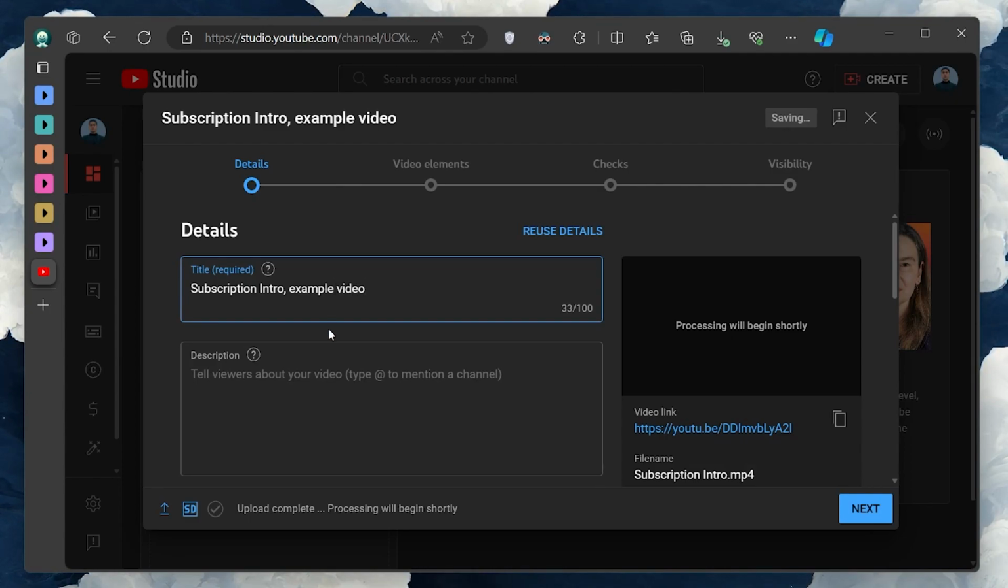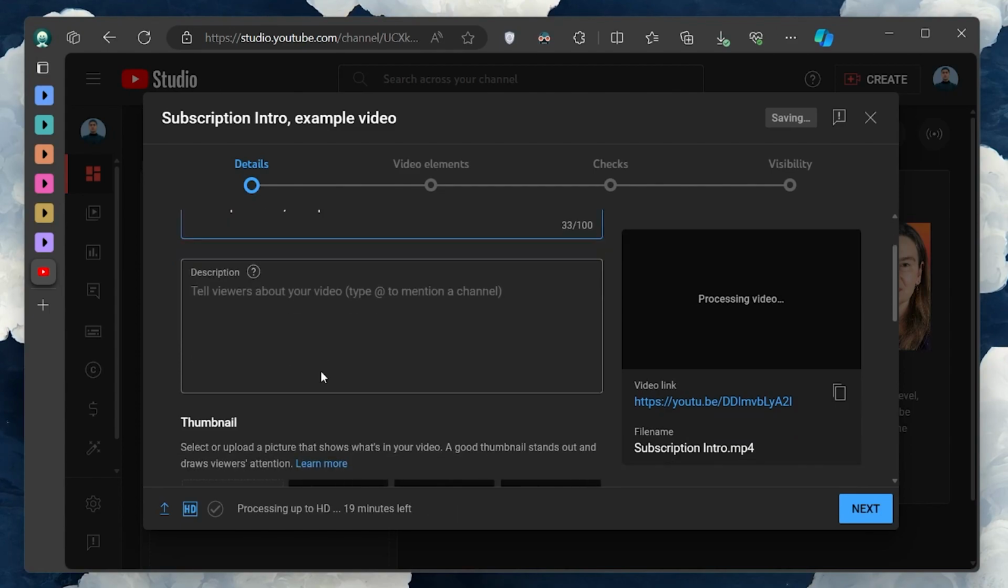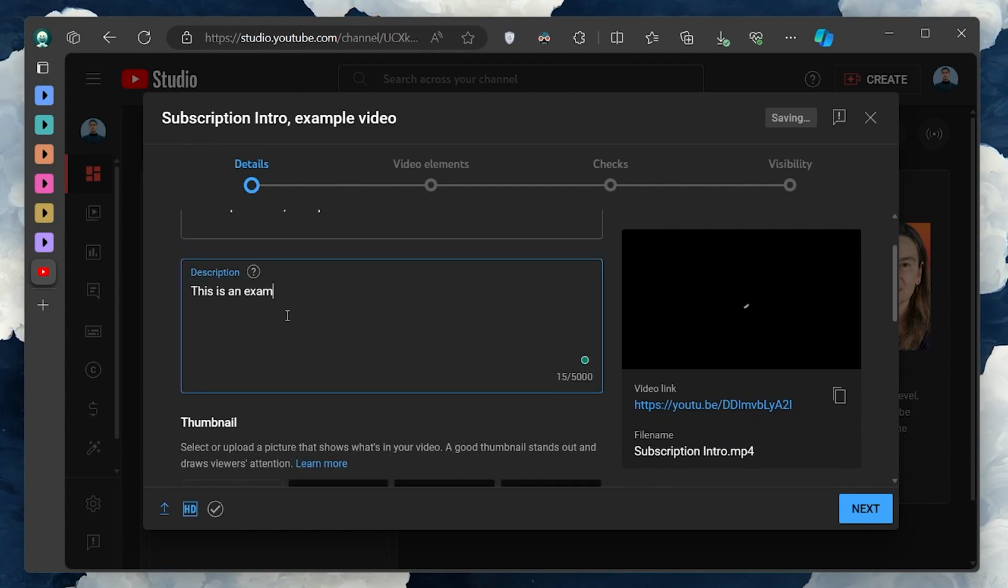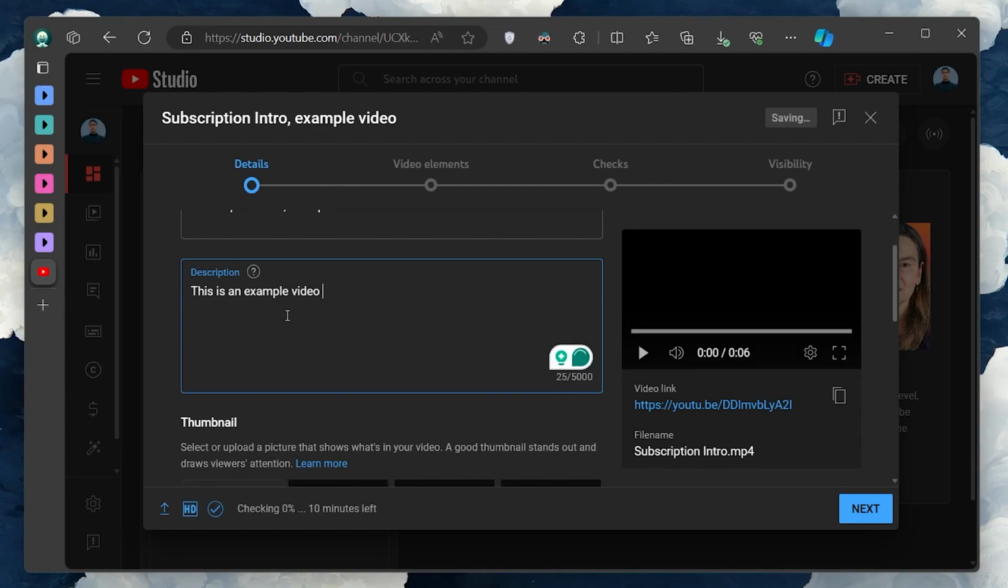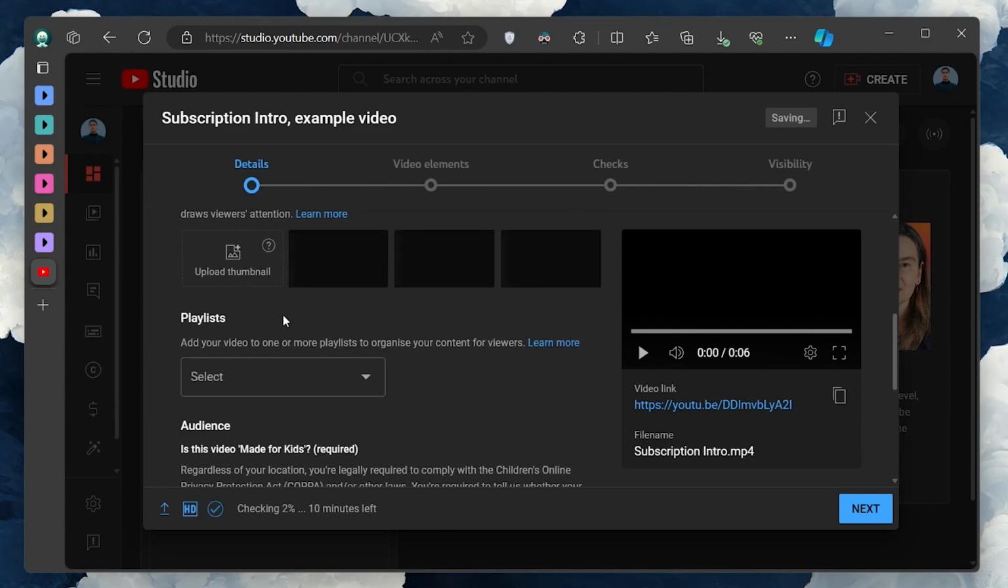Proceed to fill out the basic information for your video. This includes the title and description. Remember, the first few lines of your description are crucial as they appear in the feed, so make them catchy and informative. Scroll down to further options where you can add your video to a playlist, indicate whether it's made